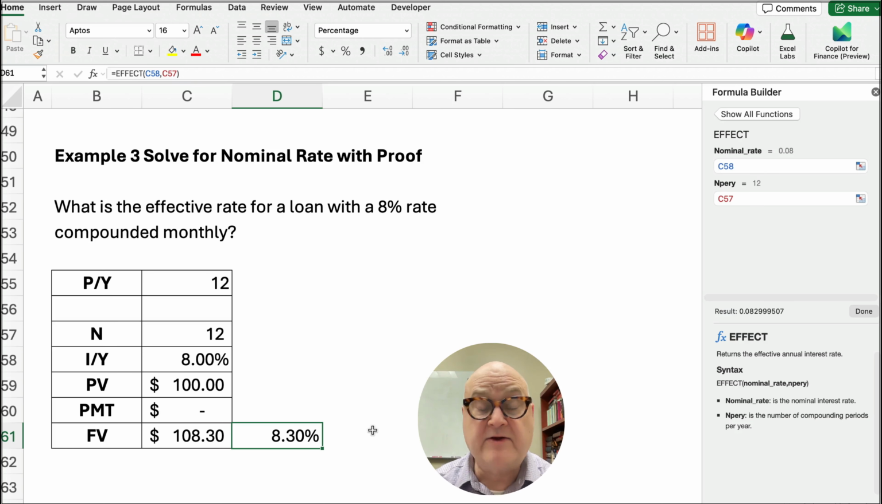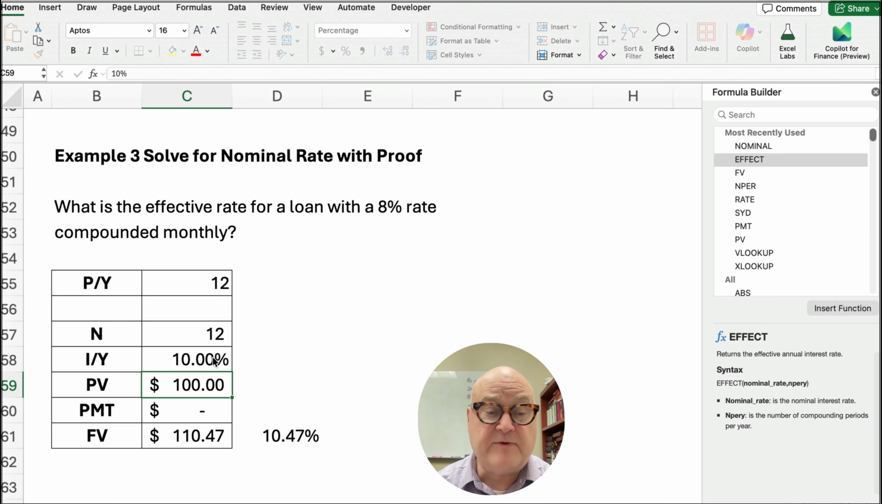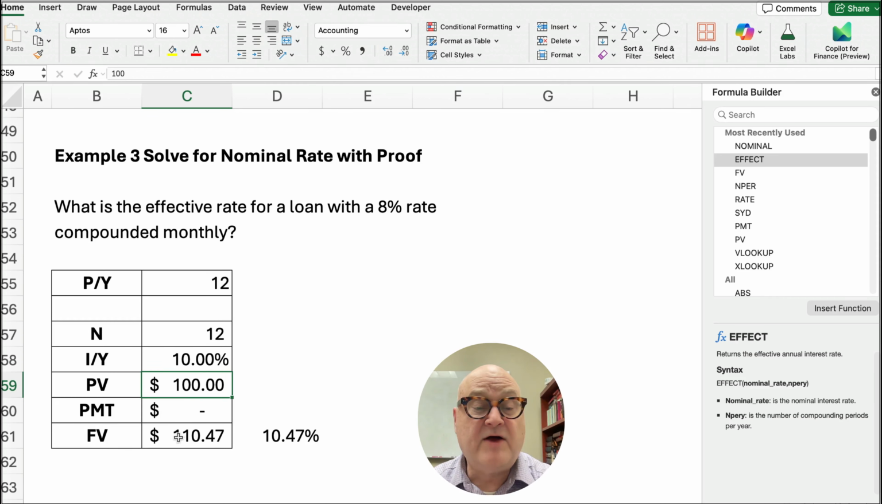We just did it on the calculator. 8% compounded monthly is 8.3% effective annual rate, or EAR. Well, what if it were 10%? We can see this 10%, then it grows to 110.47, so our effective rate is 10.47%. So sometimes I use this as a way to maybe check my work to make sure I'm thinking of it correctly,